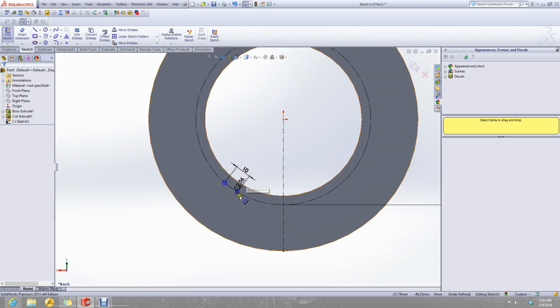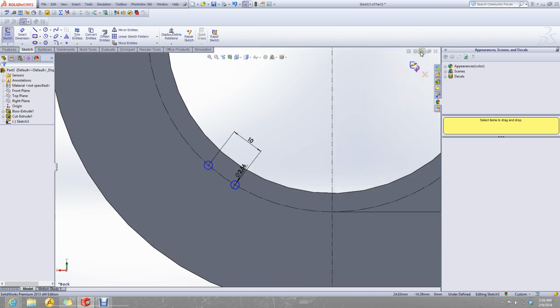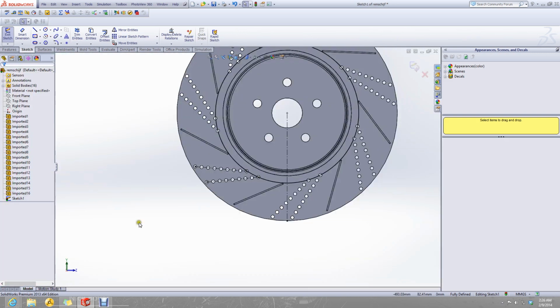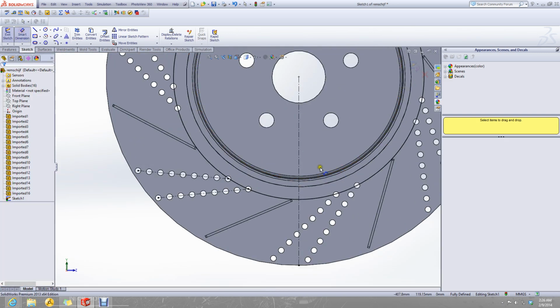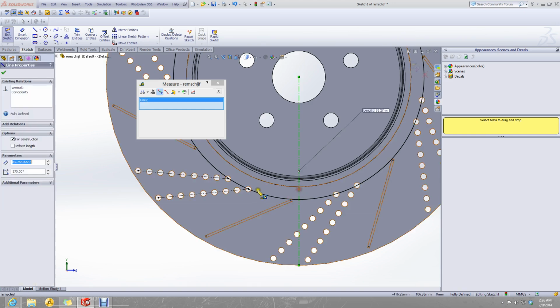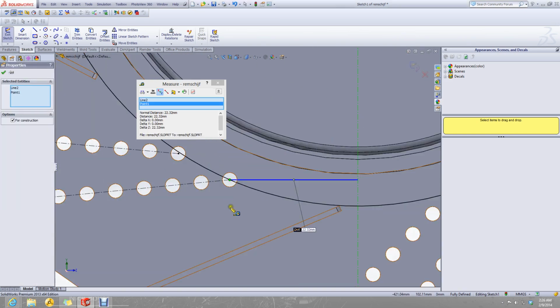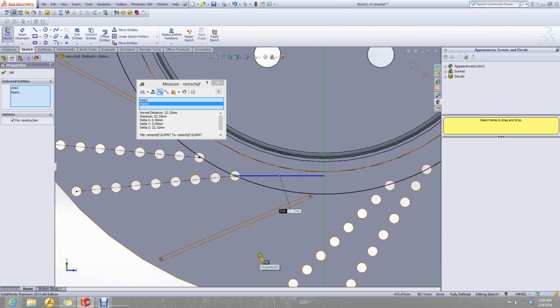Let's also measure the distance of this circle with respect to this line. Along the z-axis it is 22.32.